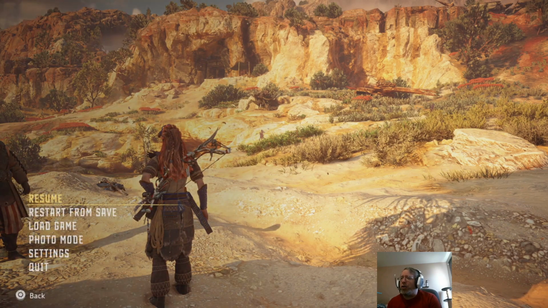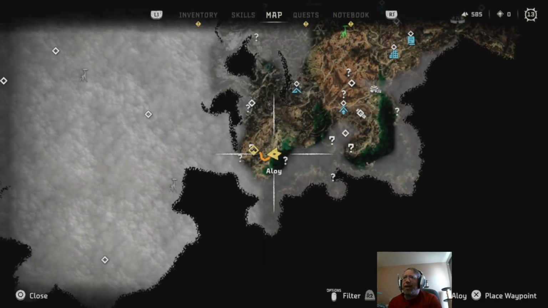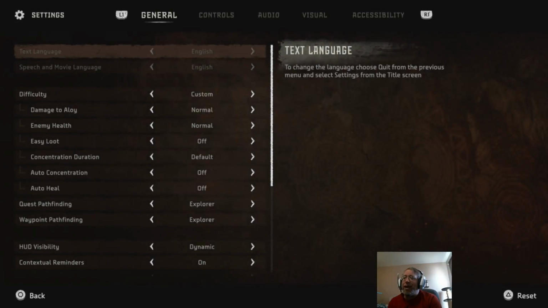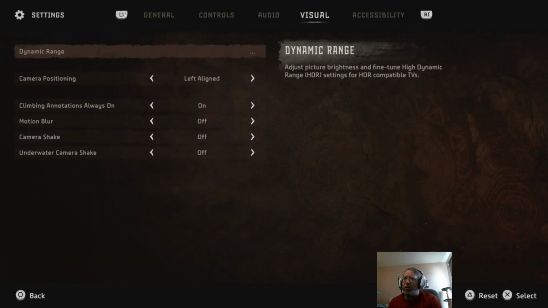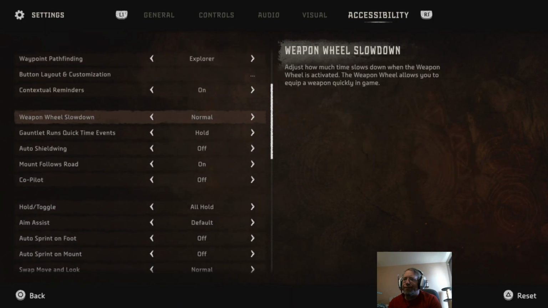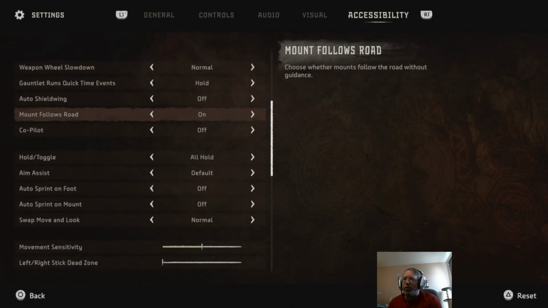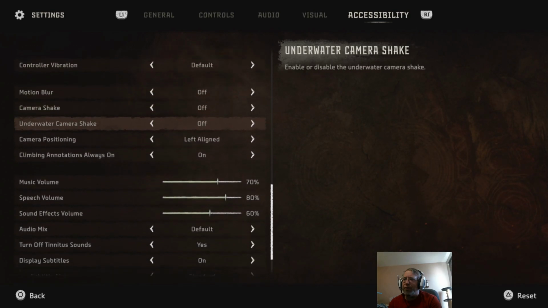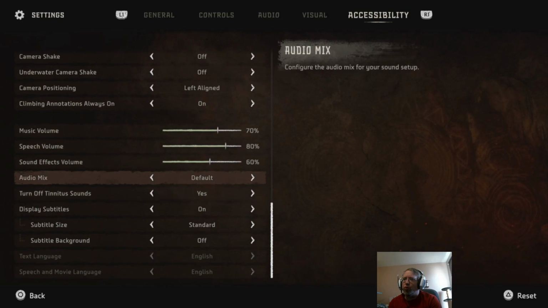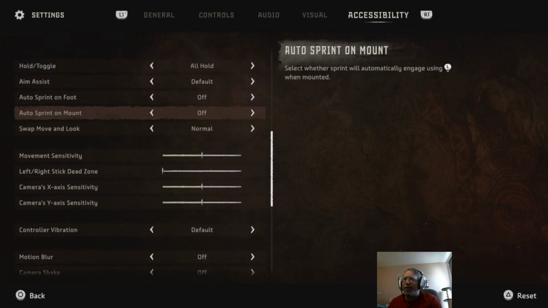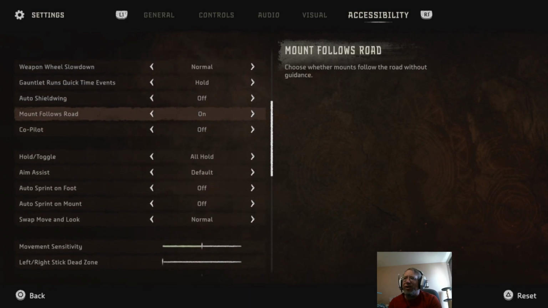Now, I also want to show off, how do I show this off? If we go to settings, they've added a new setting. If we go to, is it accessibility? Mount follows road on, aim assist. I did also turn off mounts always starting at full speed.